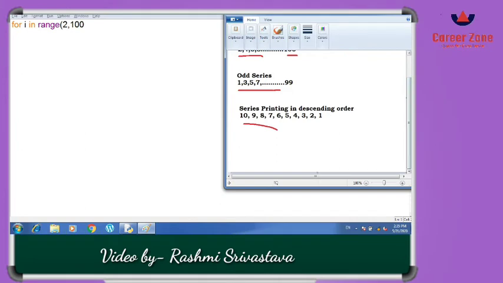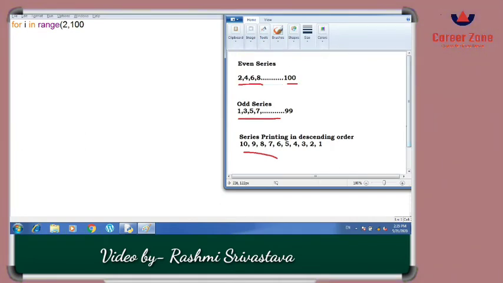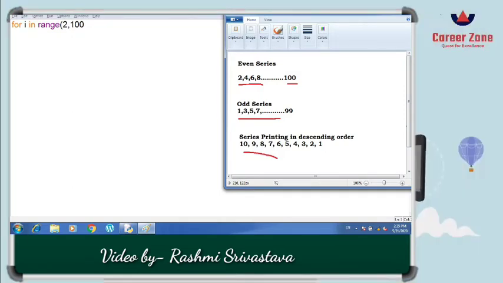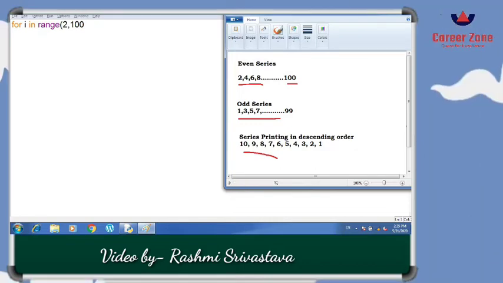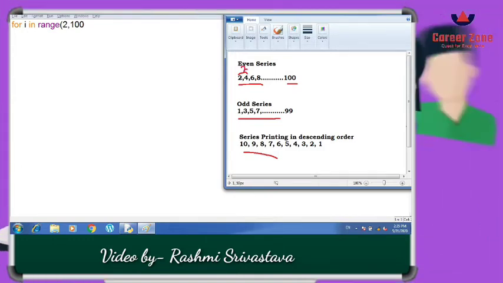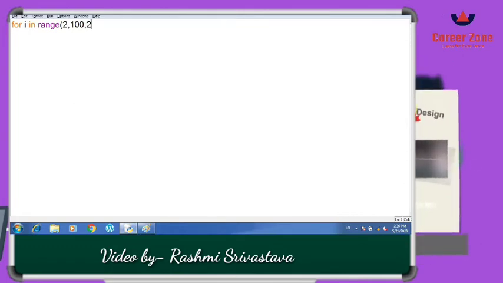In the earlier program, where we were printing the stars, the value was incremented each time by 1, but here we can see that after 2, 4 is the even number, so obviously the value by which it is incremented is not 1, it is 2. So I am going to write here the increment value, which is 2, and that's it.